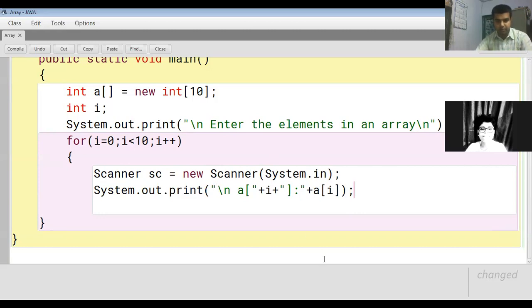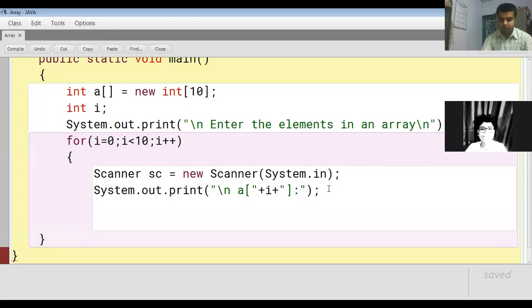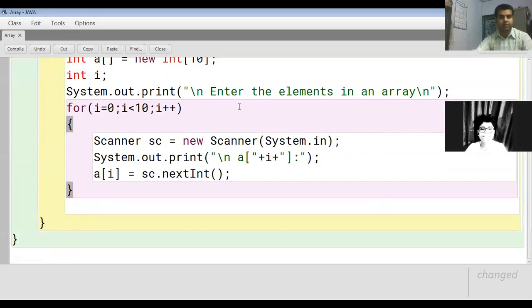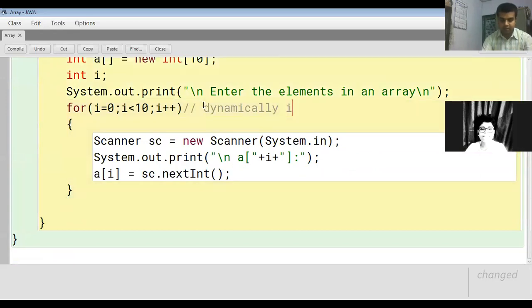Sorry, this is not a printing statement. So a of i is equal to sc.nextInt. Once this is done, bracket close, this loop ended. This is for dynamically inserting